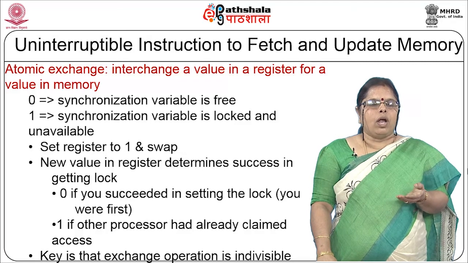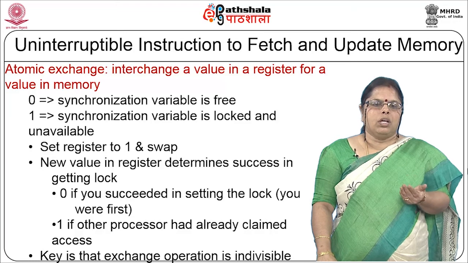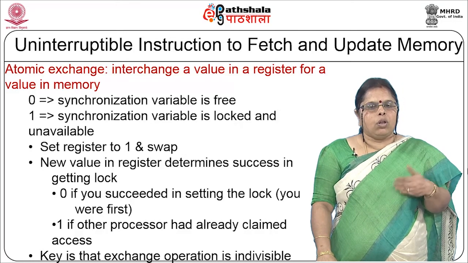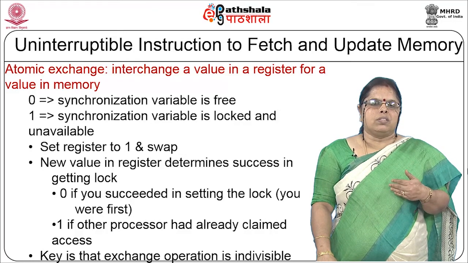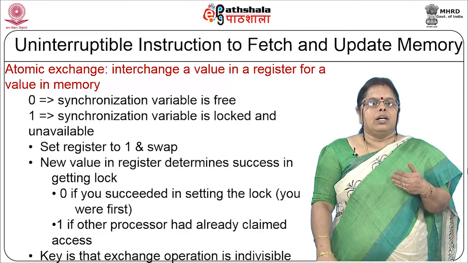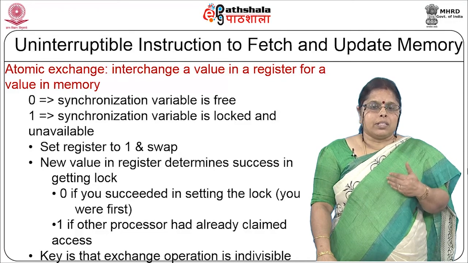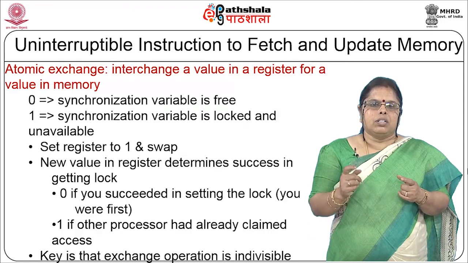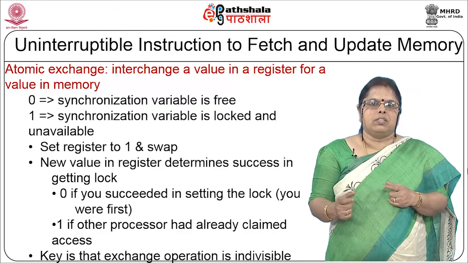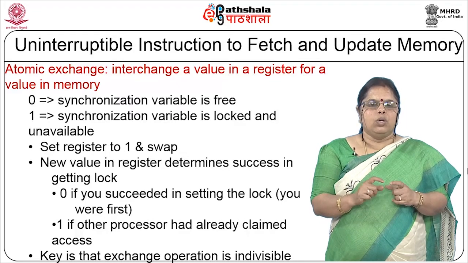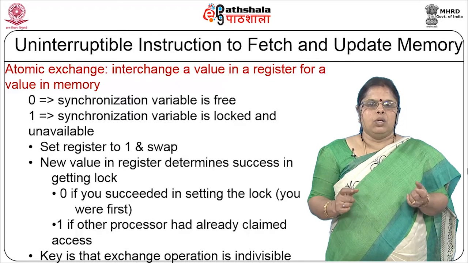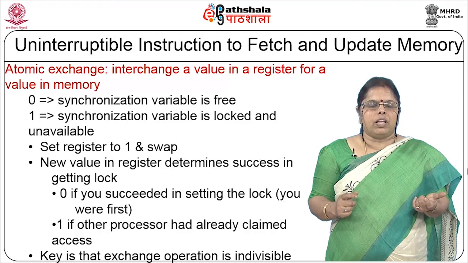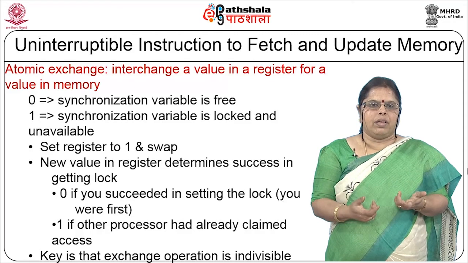And if you get a 1, it means some other process already claimed access and you cannot claim access now. And remember that the foremost constraint here, the key for this whole thing, is that the exchange operation is indivisible. So exchanging the contents of a register and the memory location should be done in an atomic fashion. So you check whether the value is available, you try to lock it if it is available, and